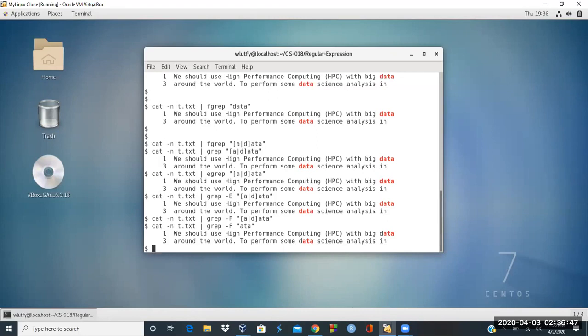So that's the difference between the grep command, egrep, and fgrep. Fgrep only matches a string, and because it doesn't do any regular pattern matching, it's much faster. It does not do any computation on a regular expression to match whether that pattern is occurring or not occurring. It only looks for a specific string. That's why it's called fast grep. And then egrep is an extended version of the grep command that supports regular expressions. And with regular expressions, you can also use escape sequences. So let me